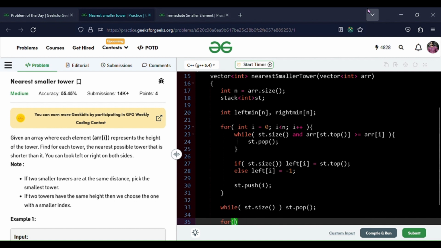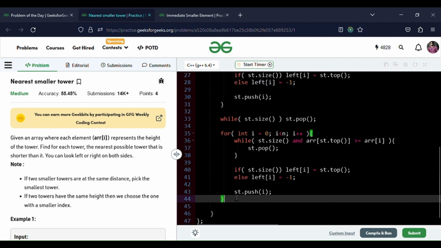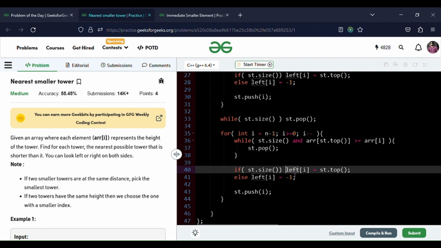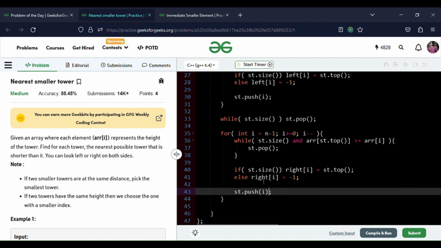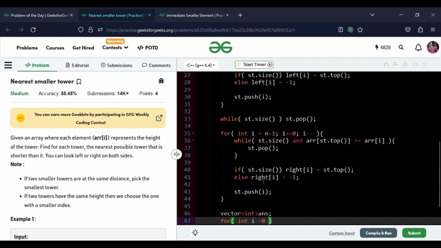and we will copy this. Now we will go from right to left, and instead of left we will put right, and we will put right here. Now we will calculate our answer. We will